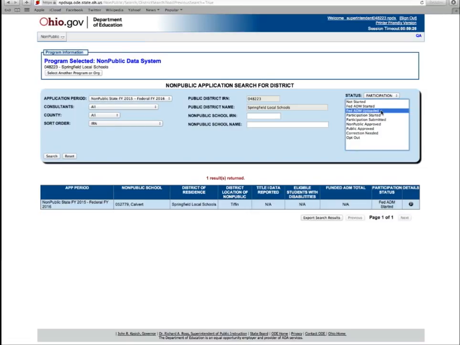The status for federal ADM uploaded means that the enrollment data has been entered and is awaiting the status change to participation started by the non-public principal or non-public data entry designee. By using the search feature,